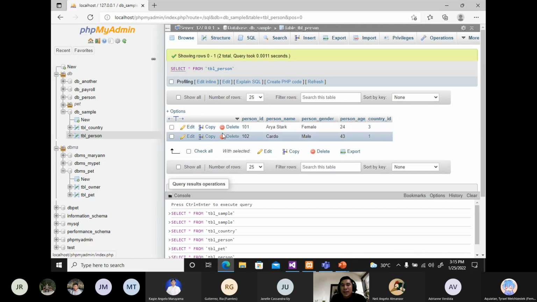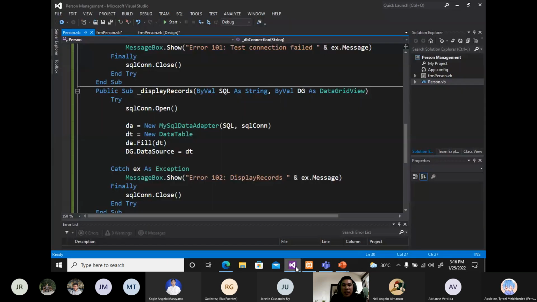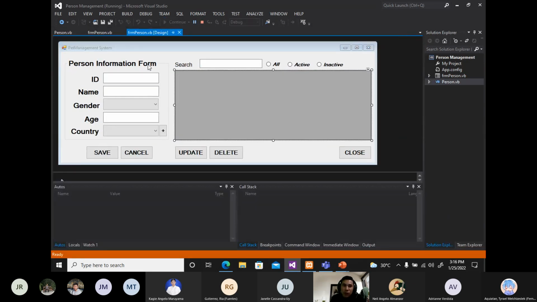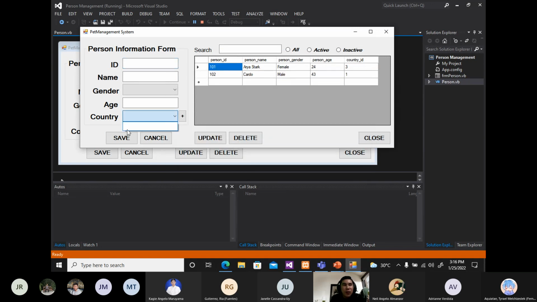Country is the source table, where the meaning of the data really is. The problem with this one is how we are going to bind it. What we are going to display here is obviously the country name, whenever we add, let's say Philippines, USA, Canada, Europe, and